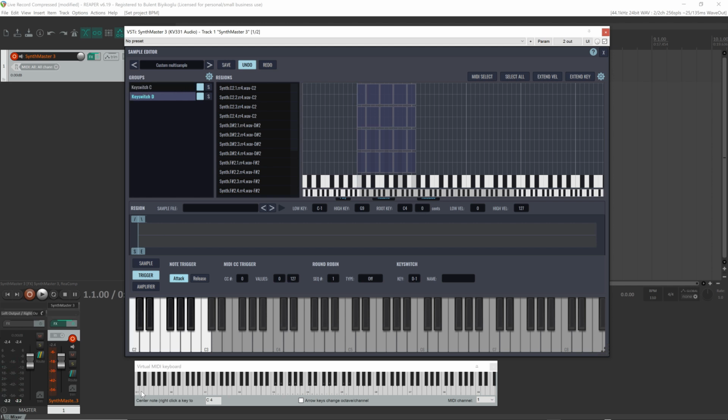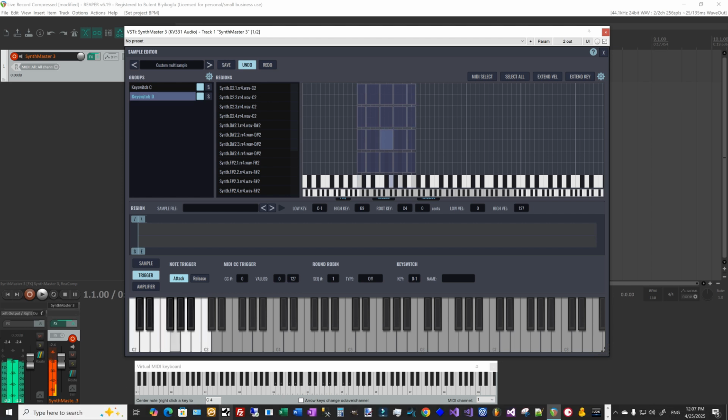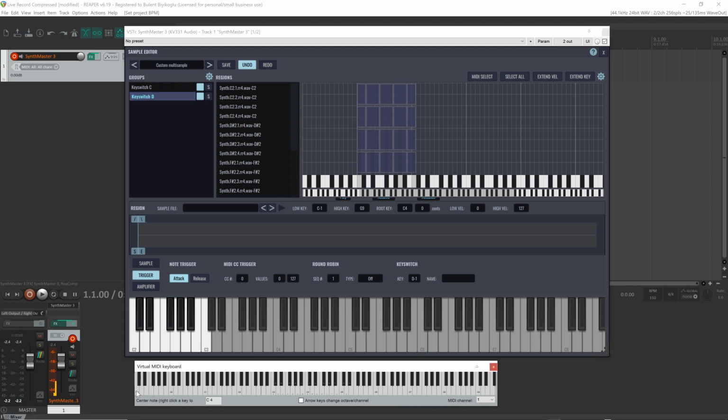But if I press this key, D-1, now when I play a note, so as you see, by pressing this lowest octave, I can change the key switch groups, and this is very useful for